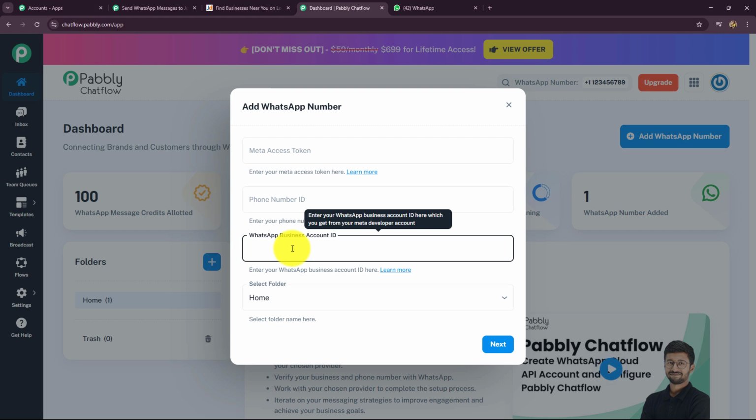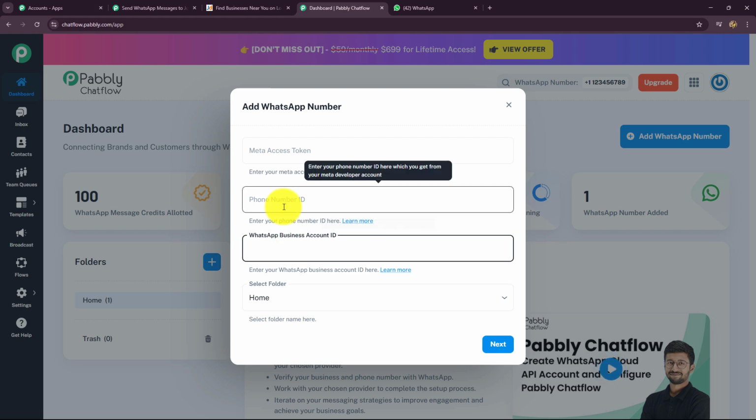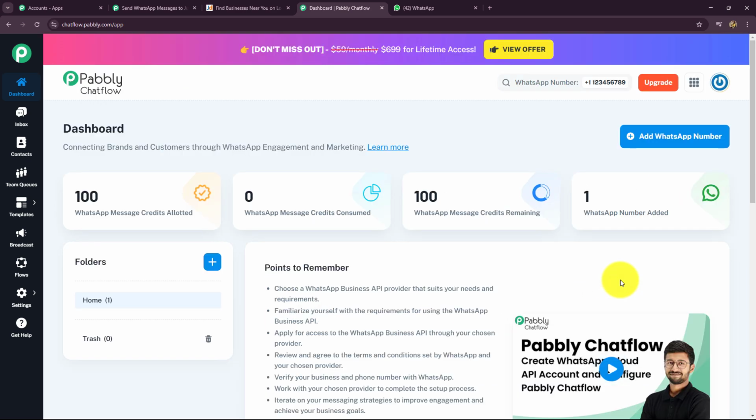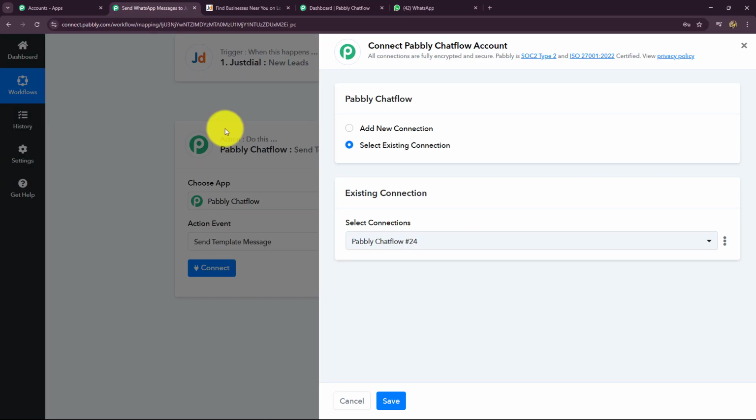To create and set up your WhatsApp Cloud API account, for that also we have created the video, and how you have to create your Pabbly Chatflow account, how you have to set up the API account of WhatsApp Cloud API. For that, you can see that this is a video which you can just click and watch the tutorial. Alright, I have already set up my account, so I'm going to go back towards Pabbly Connect to build the